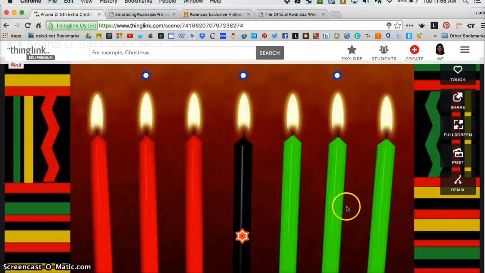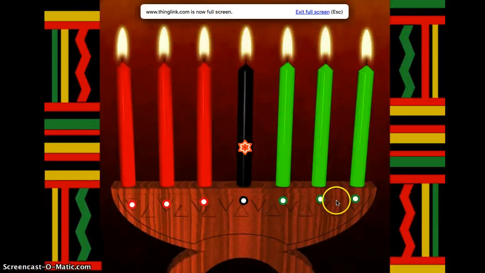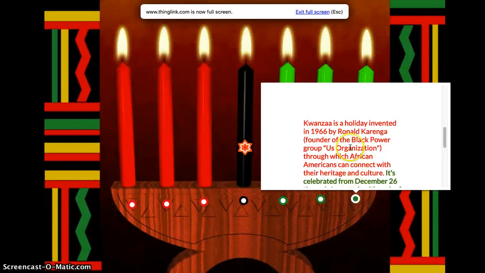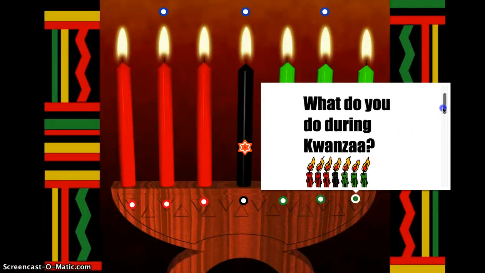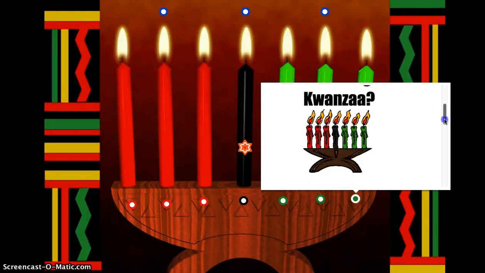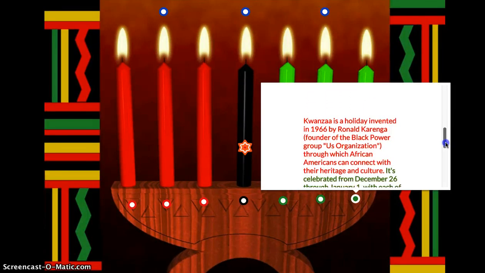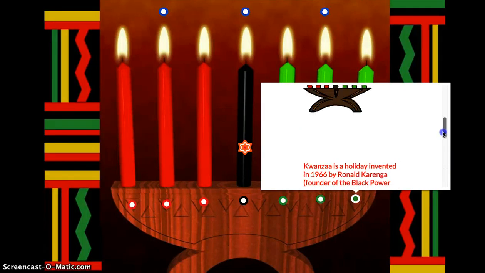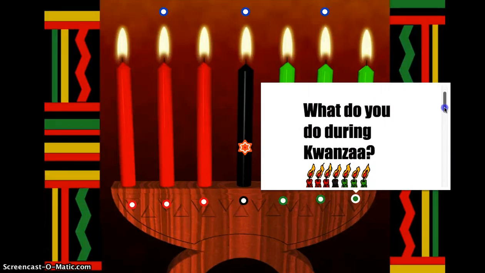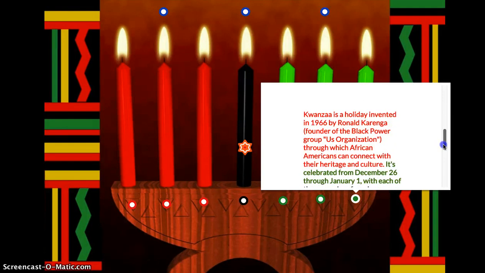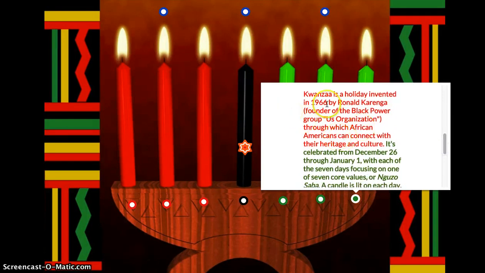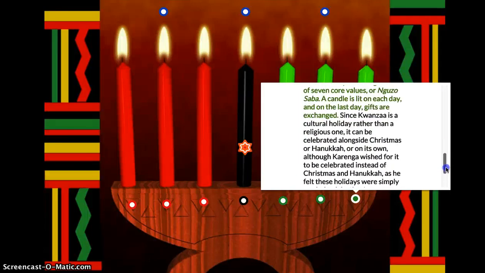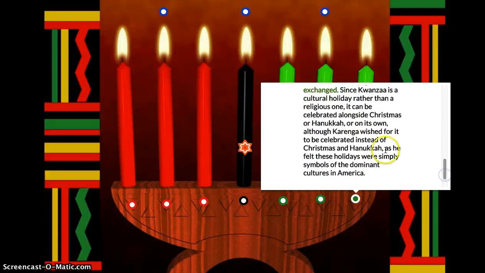One of my other dots that I had made was this one. It was the last one that I made, and it was what you do during Kwanzaa, because mostly people would want to know the whole deal about the menorah, but I wanted to personally know what people do during that holiday, because you have the lighting of the menorah, and then you have all the colors and what they mean. So basically, Kwanzaa was invented by this man in this year, and then I wanted to spice it up, so I put it in different colors, and once again, I typed it in my Google Docs and pasted it in the dot.